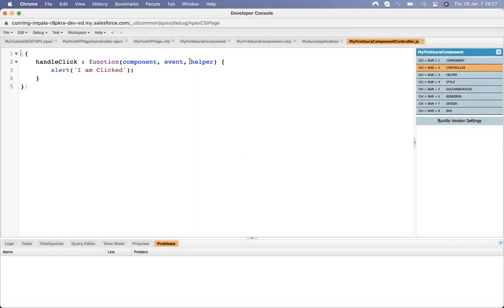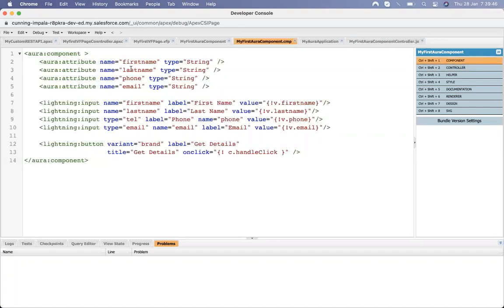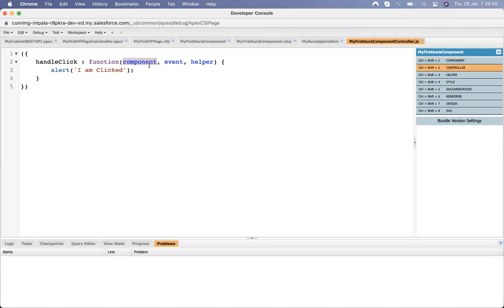Let's capture those values. If you look at the controller function, we have three parameters up here. First is component, second is event, third is helper. Component is a parameter which says that all the references are available up here via this component tag.